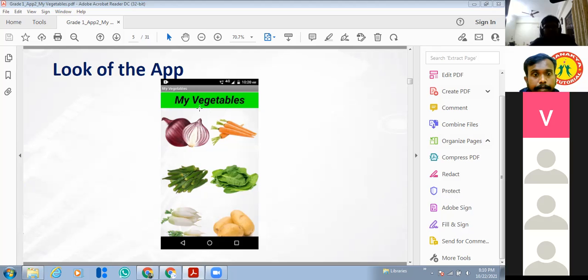So next, I have given my vegetable heading. This is the app we are going to make today, right? Now I have to add these images. See here, the images are arranged in a table, right? Before, in the piano app, I needed only one arrangement, so I just used the horizontal arrangement. But here, each one is in a box, so I'm going to use the table arrangement.